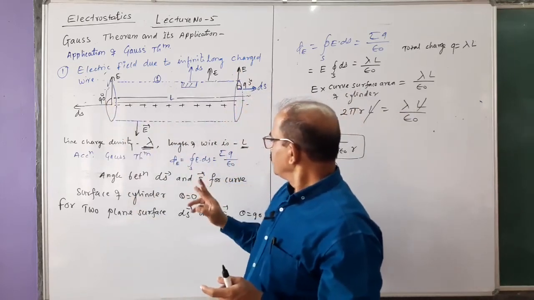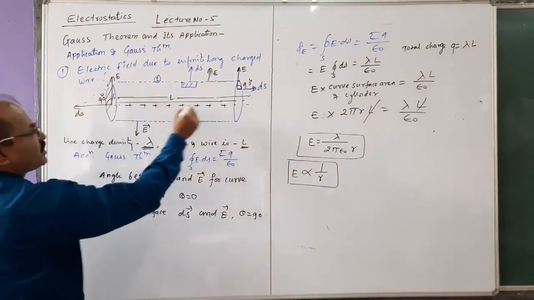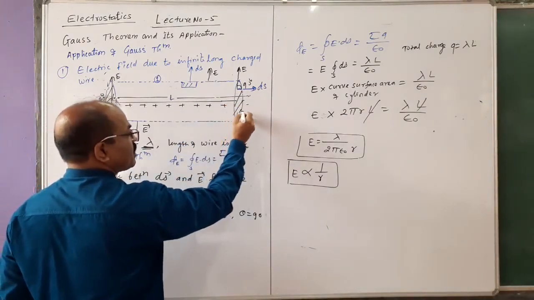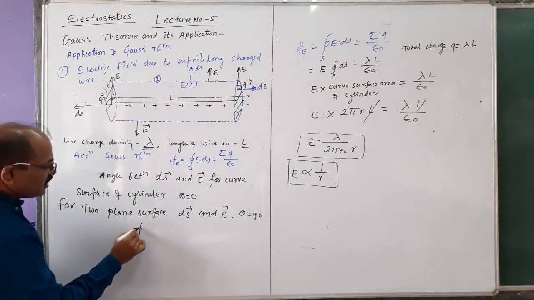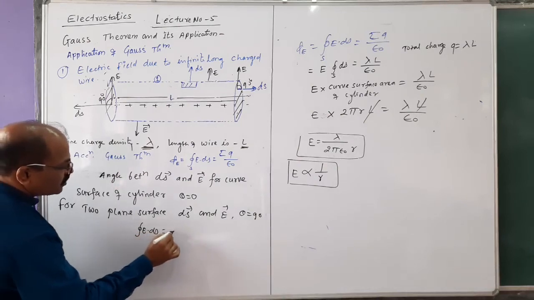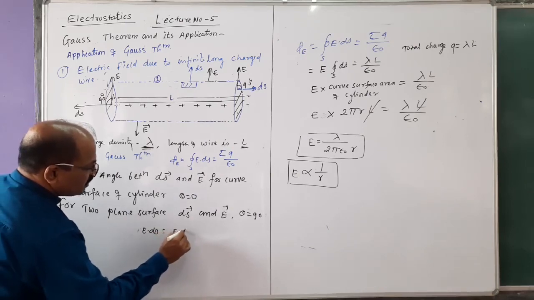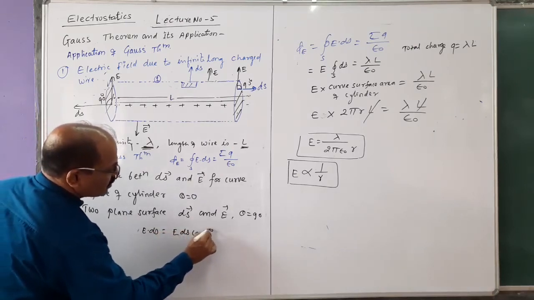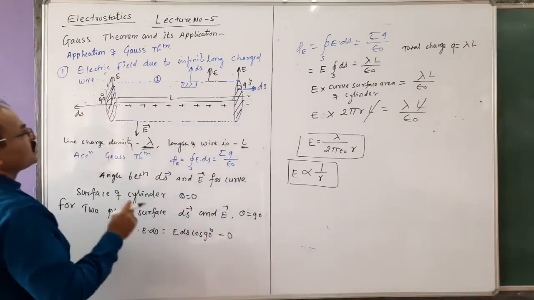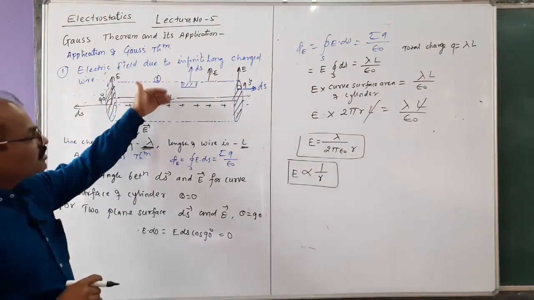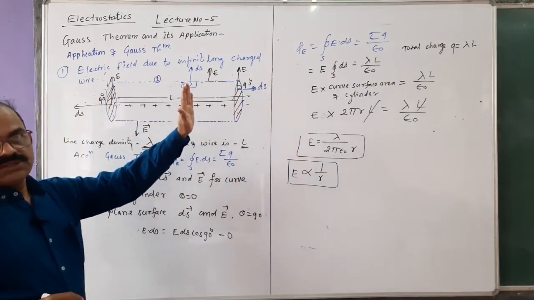So total electric flux over these 3 surfaces, out of this 2, ये और ये surface में electric flux क्या रहेगा? This electric flux will be 0 because E·ds, we can write this E ds is scalar. So E into ds cos of क्या होगा? 90. So for both these 2 surfaces it will be 0. So only this electric field is taken over the curved part, not taken over the 2 ends of the cylinder. Understood it?